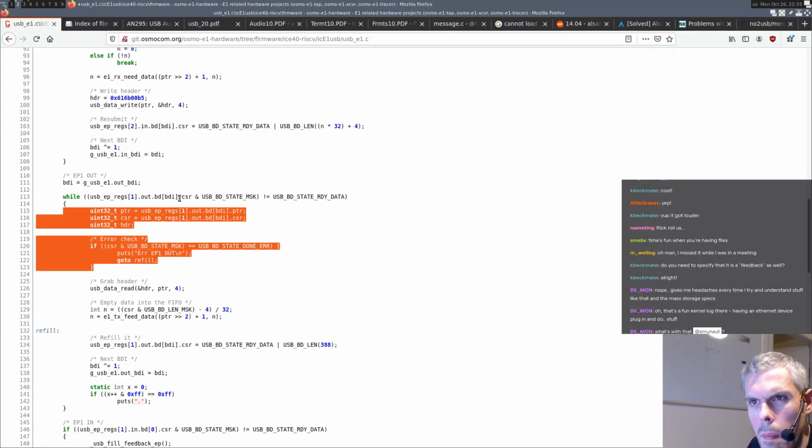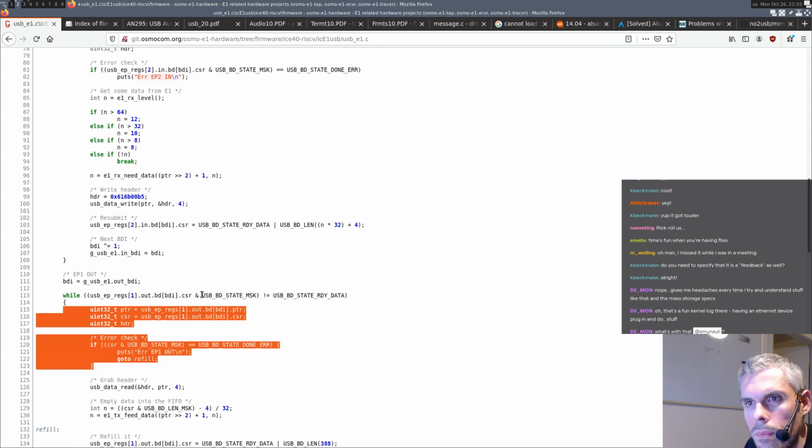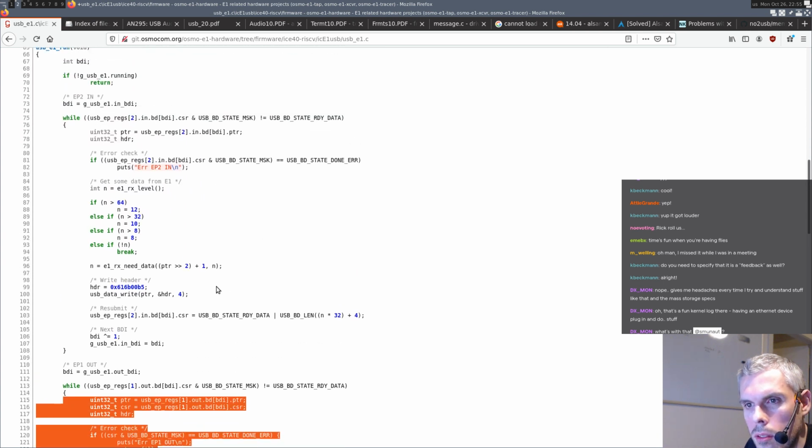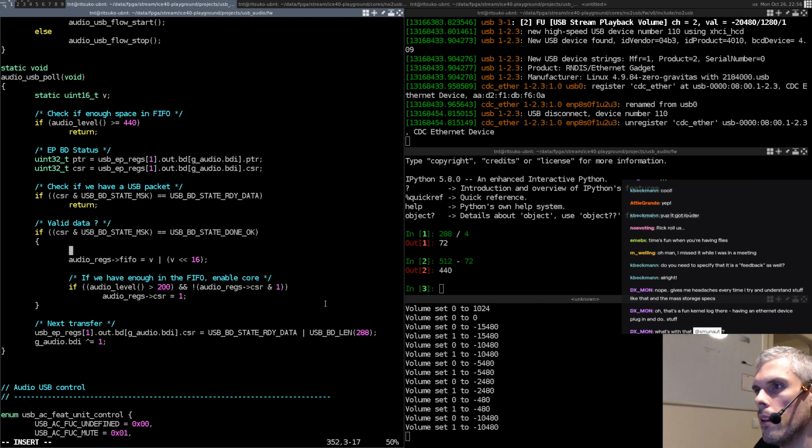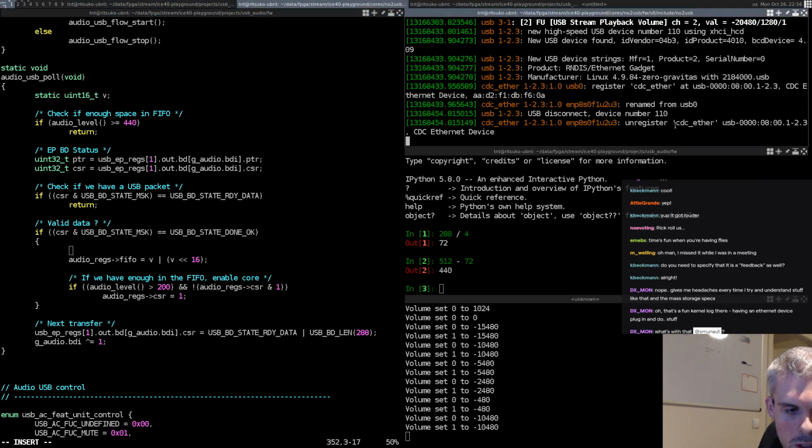The length of the transfer you can get in the buffer descriptor status. You have the state, but you also have the length, which at the beginning you set to the maximum length, but the USB core